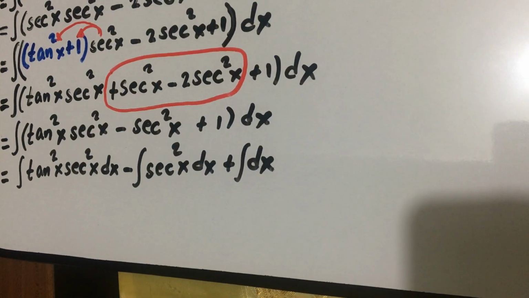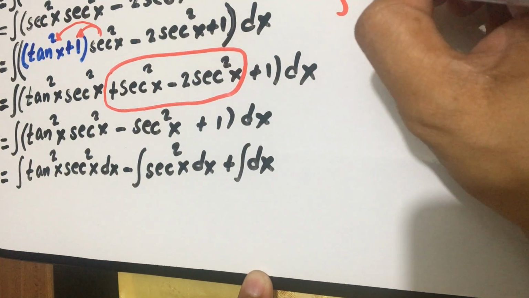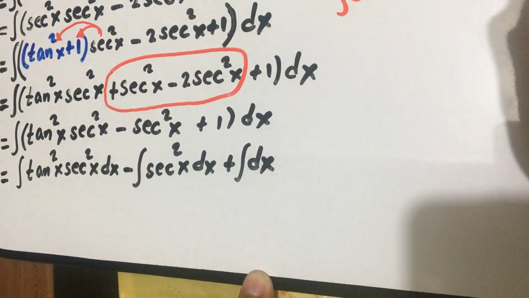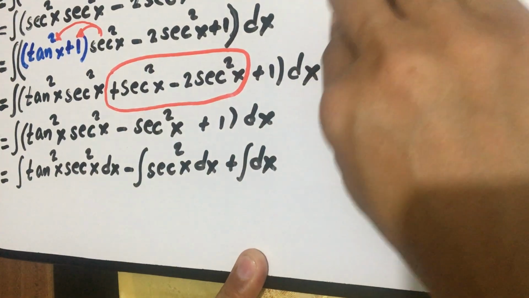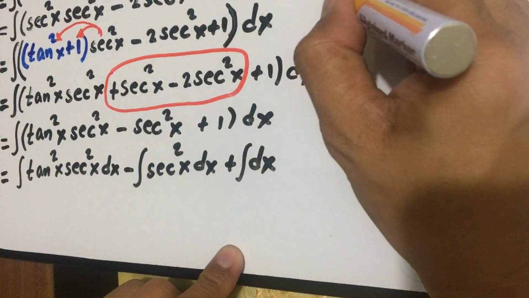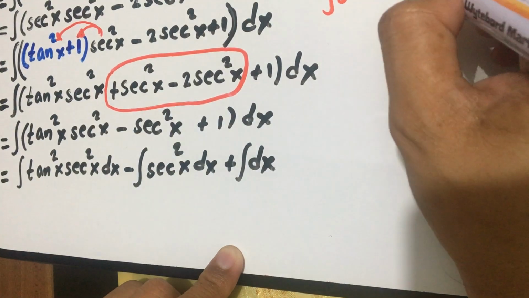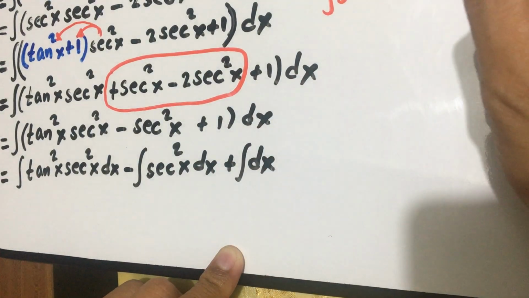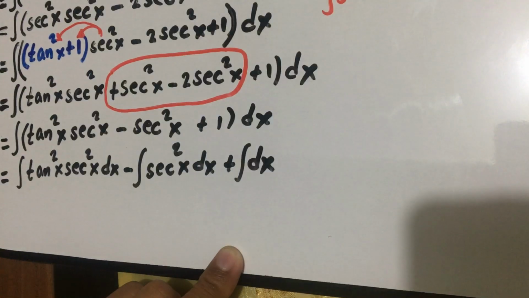if you can still remember from our integral calculus, we have a formula. Integral of secant squared u du, this is equal to tangent u plus c. Okay,